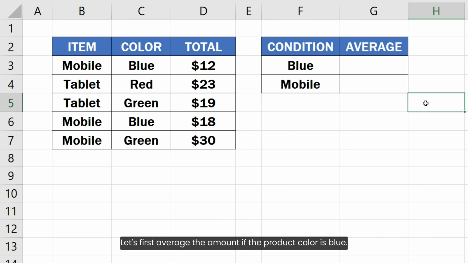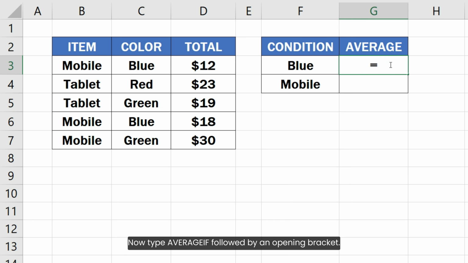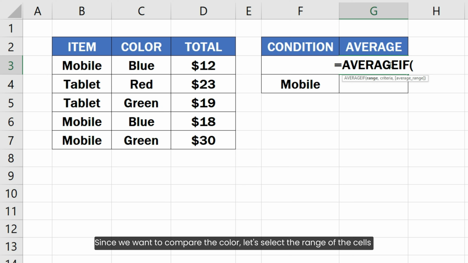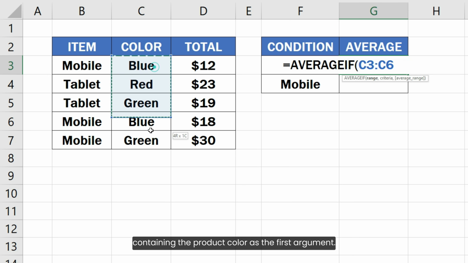Let's first average the amount if the product color is blue. Type an equal sign in the target cell to start the formula. Now type AVERAGEIF followed by an opening bracket. Since we want to compare the color, let's select the range of the cells containing the product color as the first argument. Since we want to average order amounts of the blue products, let's type blue in double quotes